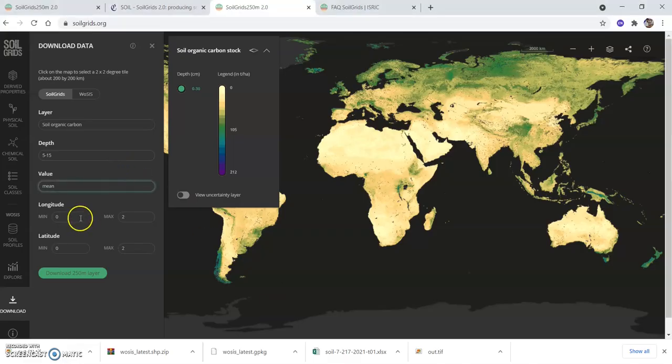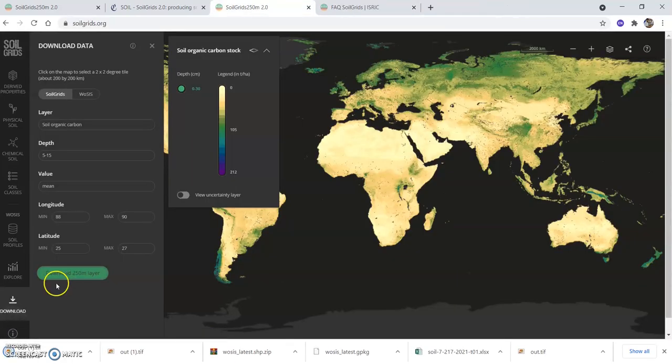So longitude 88 to 90 and for latitude 25 to 27. And now you can download this layer. The spatial resolution is 250.